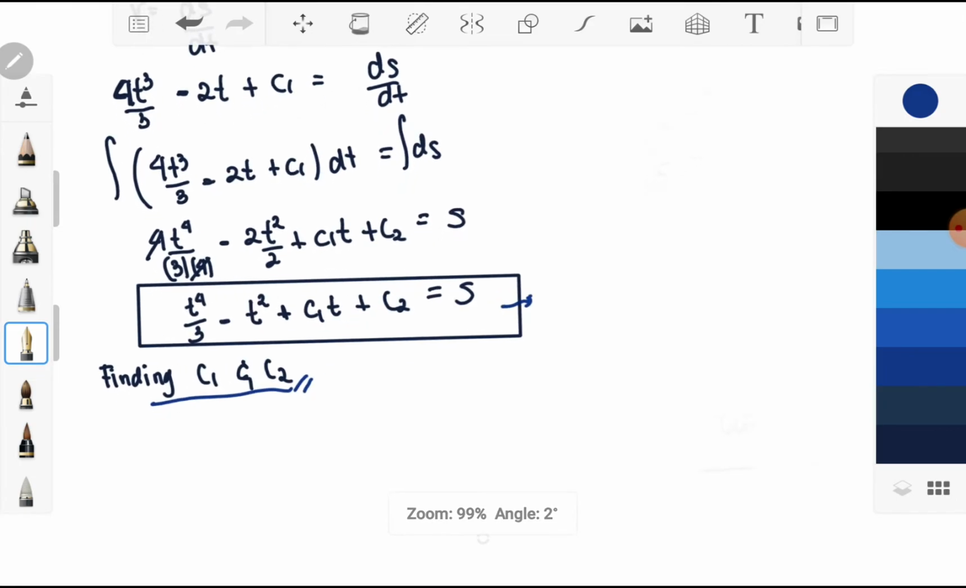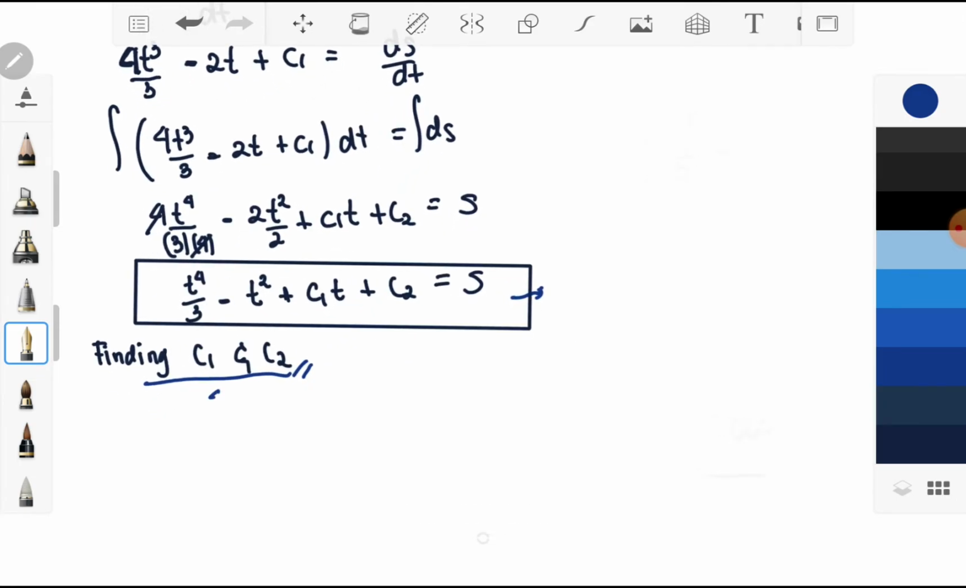So substituting values, at t is equal to 0, our s is equal to negative 2 meters. Therefore, we may say that